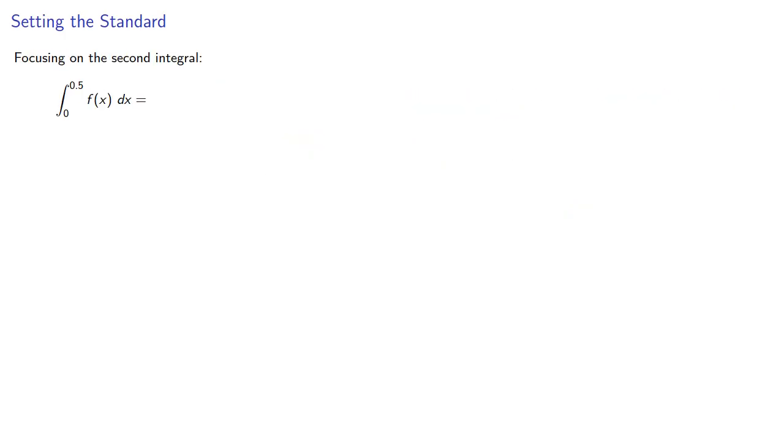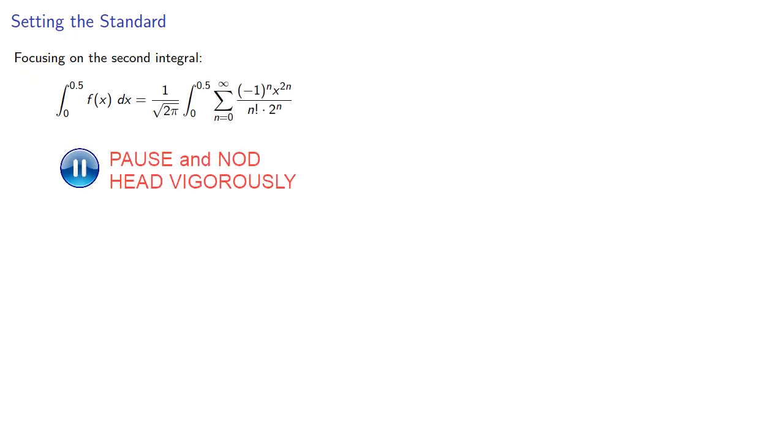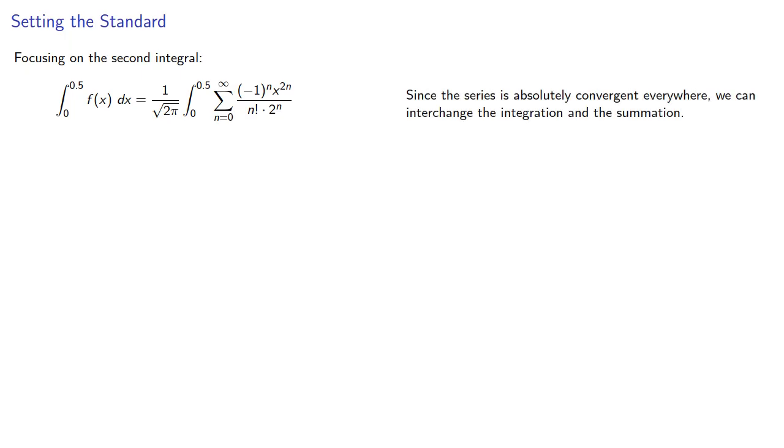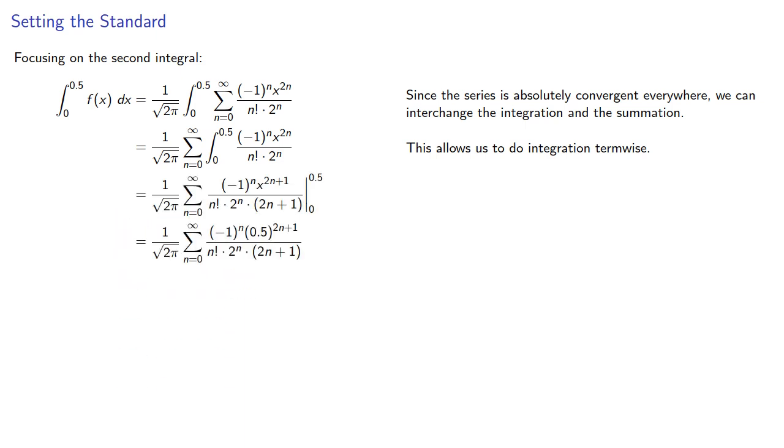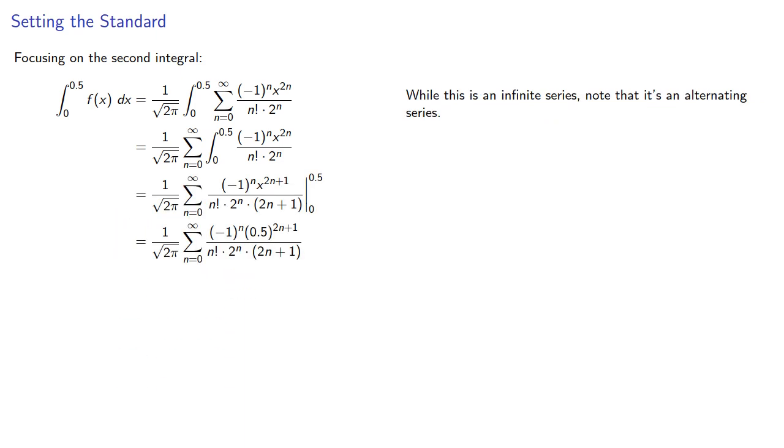And so we'll substitute in our power series expansion, and we'll remove that constant factor. Since the series is absolutely convergent everywhere, we can interchange the integration and summation. This allows us to do termwise integration, and so we get